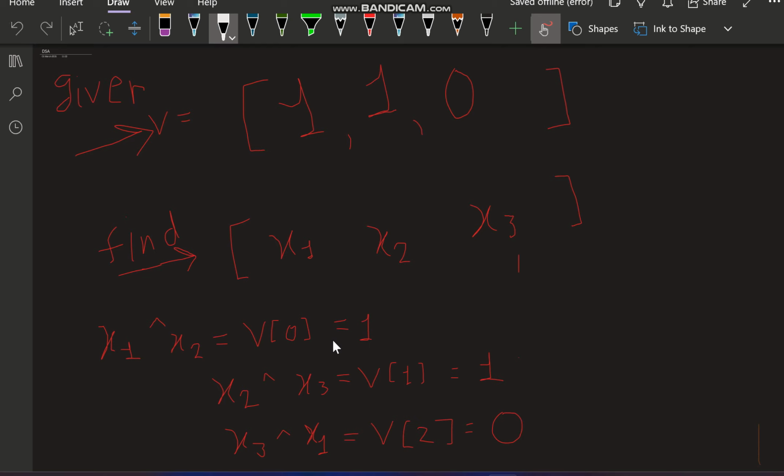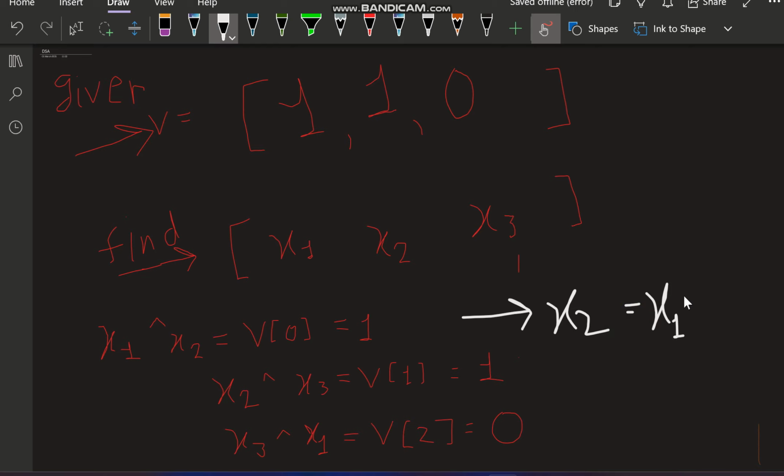How we can find it is our next task, but currently suppose I know it. Then we can easily find the value of x2, because x2 is nothing but x1 XOR v of 0 by that property. So x2 is equal to x1 XOR 1 or x1 XOR v of 0. Both are the same thing.